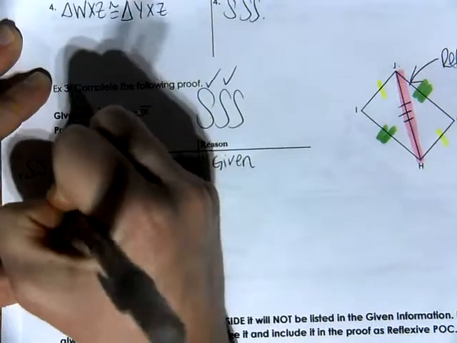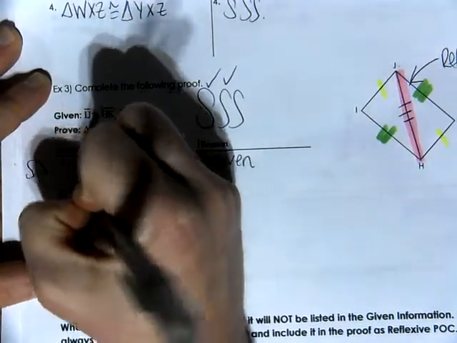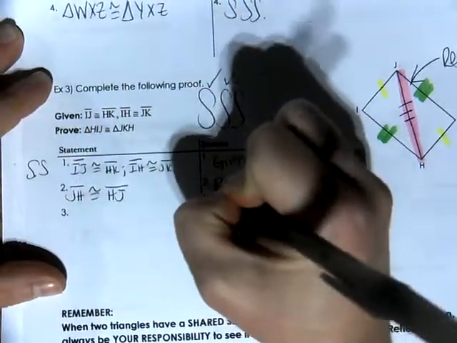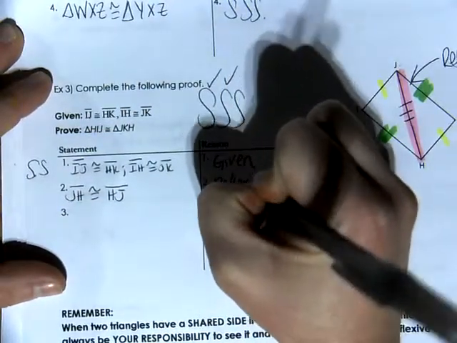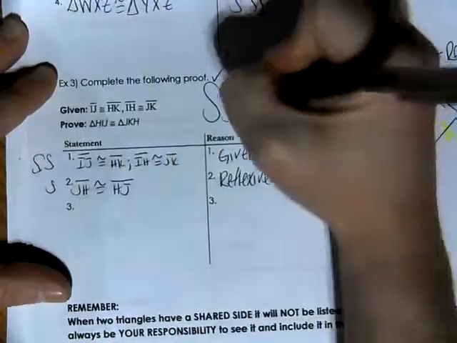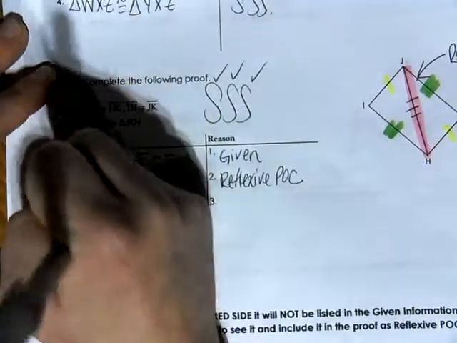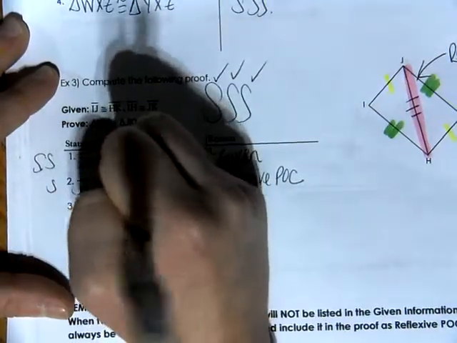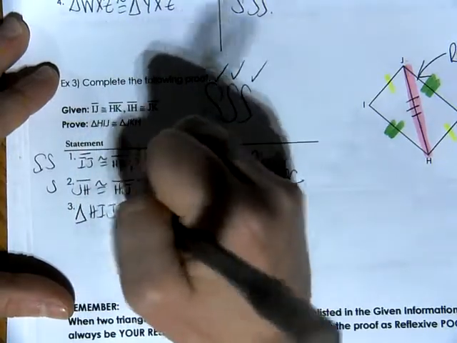And once again, that's going to come from JH being congruent to HJ. And that was because of the reflexive property of congruence. There is my third S. And now that I have all of my S's checked off, I can finish this proof by saying triangle HIJ is congruent to triangle JKH